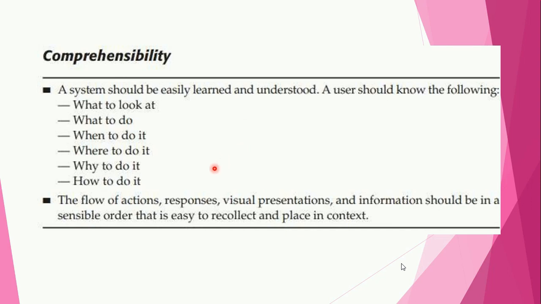The system should show strong clues for the operation of the object, and it should be presented on the screen, so that the reader will be able to read the sentences in a very short time, and it will be read easily. The response time also will be very low. Okay, so this is about comprehensibility.